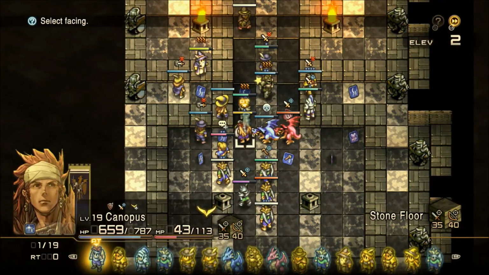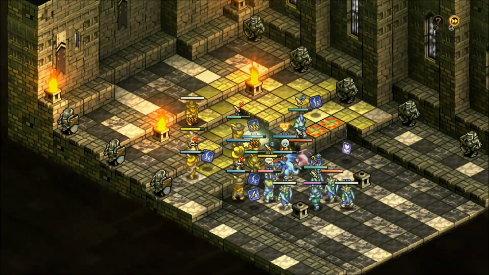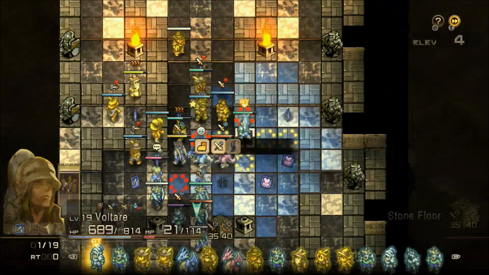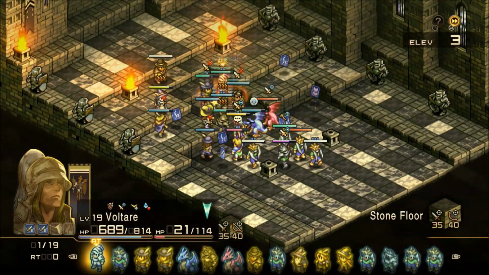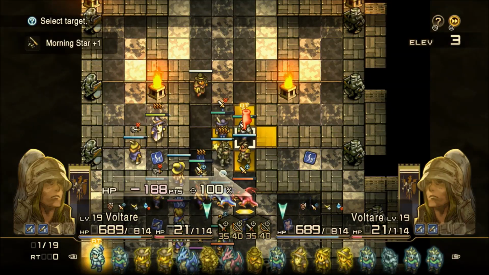Wow. All right. There we go. There's our ore back. Oh, he just wiped out his buff cards. What a dork. Look at that. Okay, well, being that he just did that, I'm probably going to try to recruit those two casters and steal their spells because the threat...